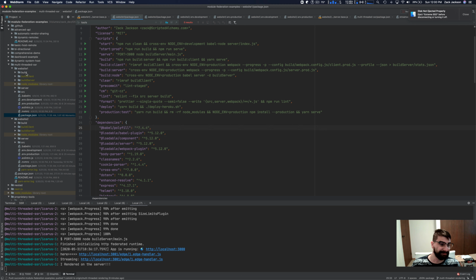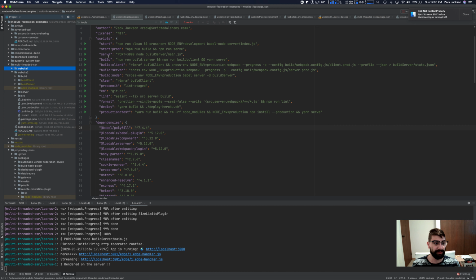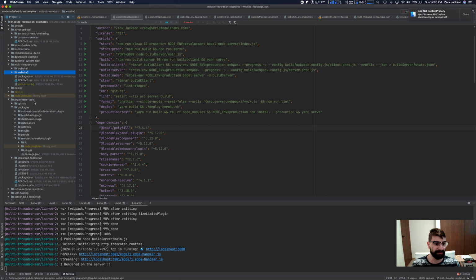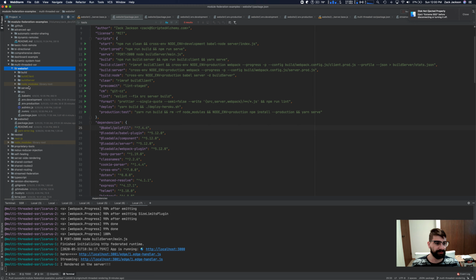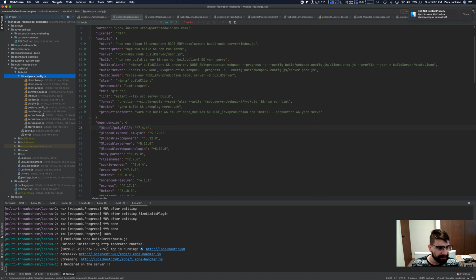So let's get into it. I have multi-threaded server-side rendering. I have website 1 and website 2. It looks very similar to my usual server-side rendering example. To showcase a few differences in here, what I've pretty much got in my Webpack build is a slight